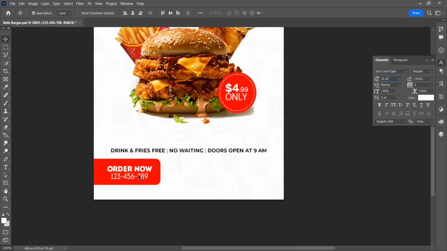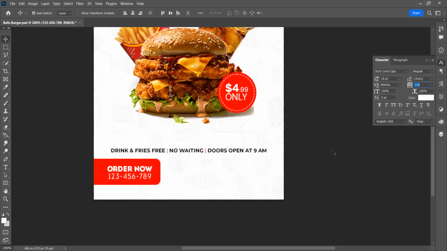Now we can see that it's kind of too big. What can we apply instead of increasing the size like this? Another thing we can do is make use of our tracking, right? We can just increase the tracking. Can we see it? We can increase the space between each of those characters.